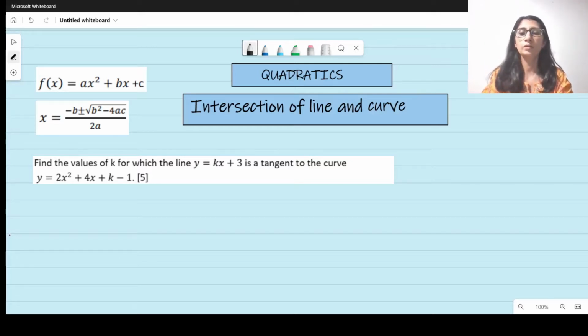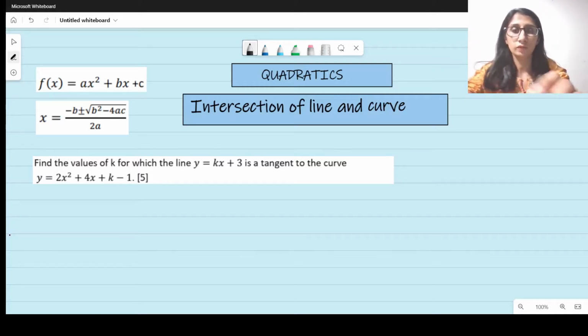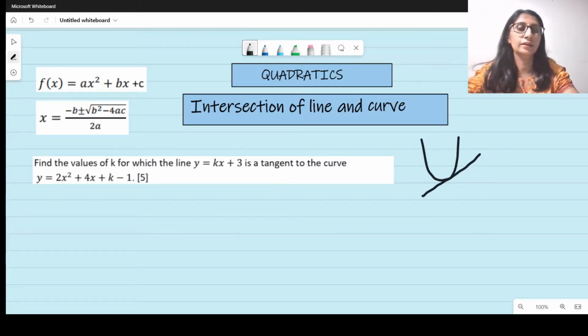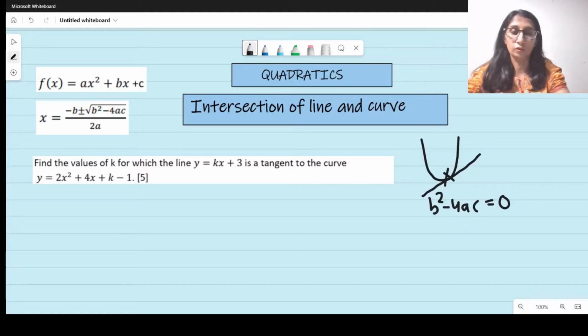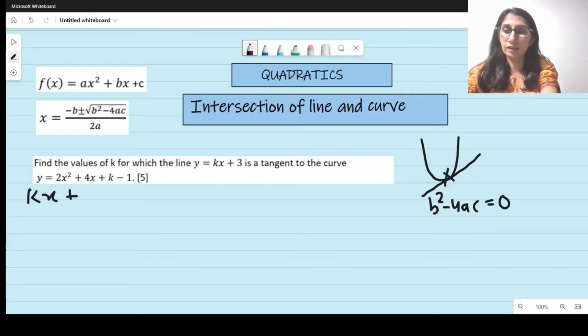All right, find the value of k for which the line y equals kx plus 3 is tangent to the curve, which means it's this case, a curve and a line, they're tangent. That means only one solution exists. That means b square minus 4ac, the discriminant, is equal to 0. So first we need to merge these 2 equations into one equation so we can equate both the y's. So we get kx plus 3 equals 2x square plus 4x plus k minus 1, which gives 0